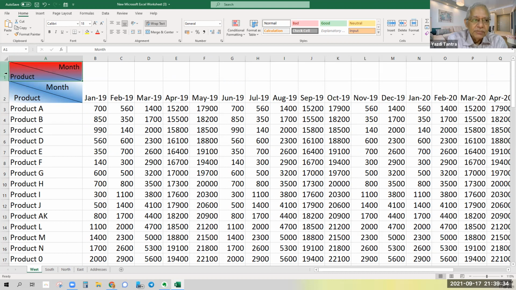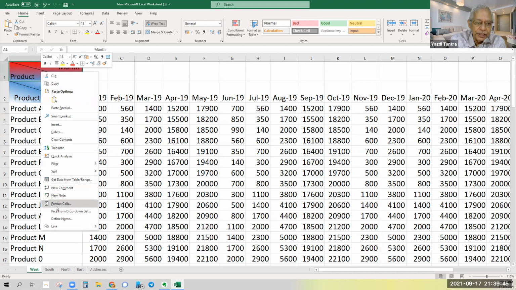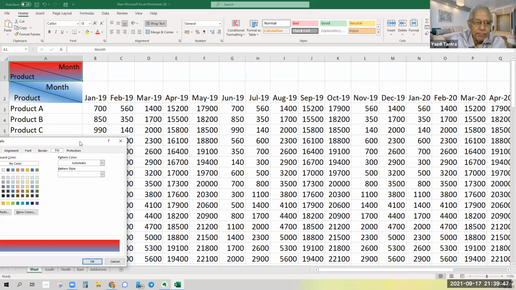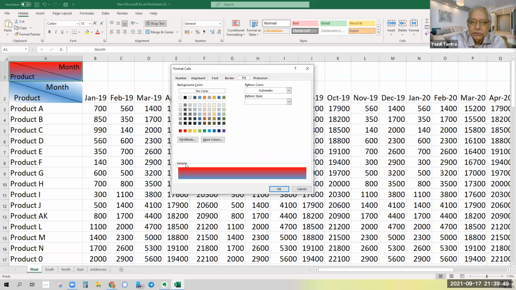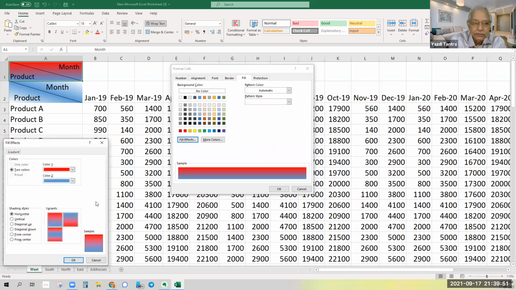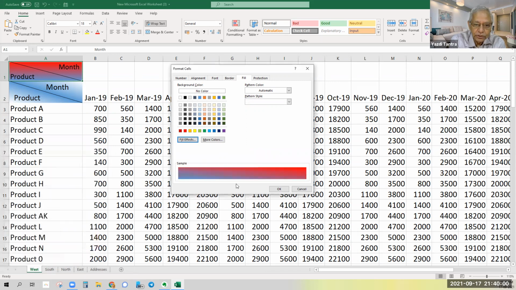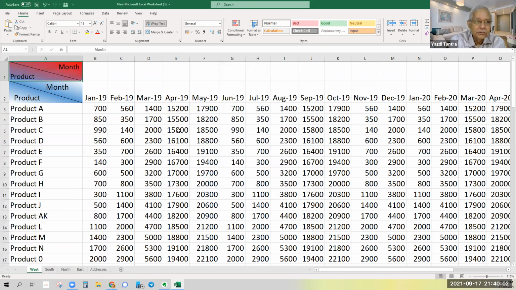Okay. We just made it look different by doing this jugglery, saying Alt Enter, going to the next line, and then shading it. Okay, so maybe you can play around with the shading till you get what you want really. So you can just say fill effects, horizontal, vertical, diagonal up, diagonal down. Maybe this will give you what you are looking for. Maybe this is a different color, this is a different color.